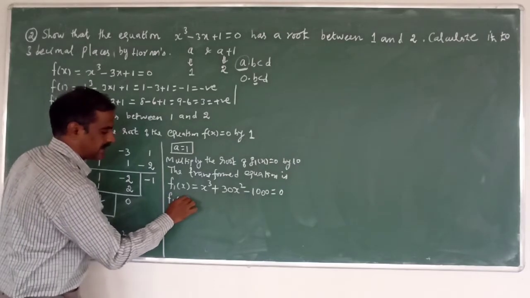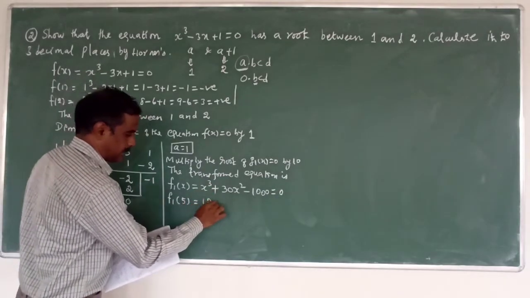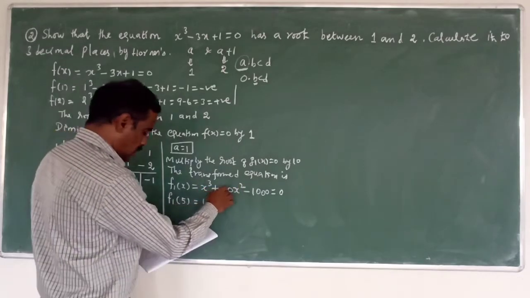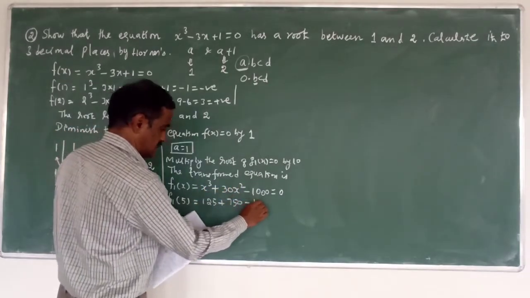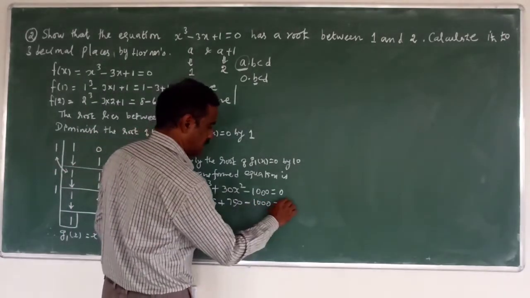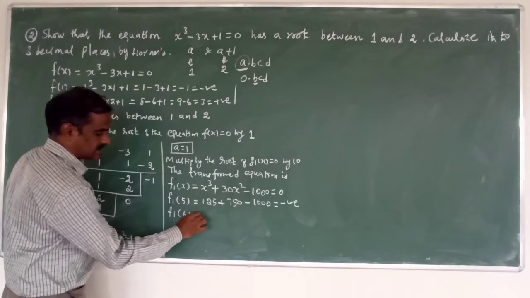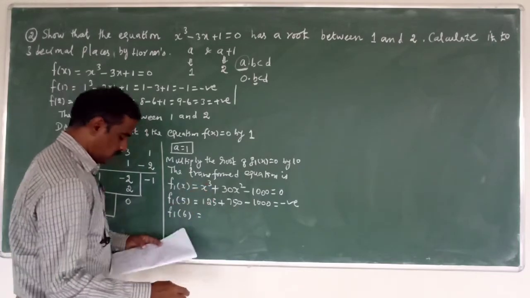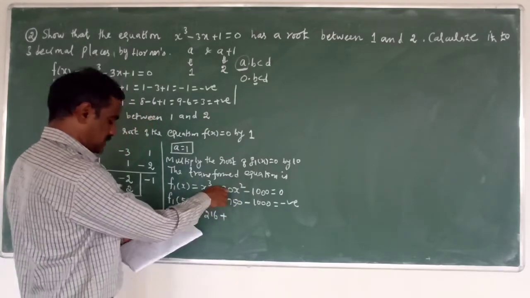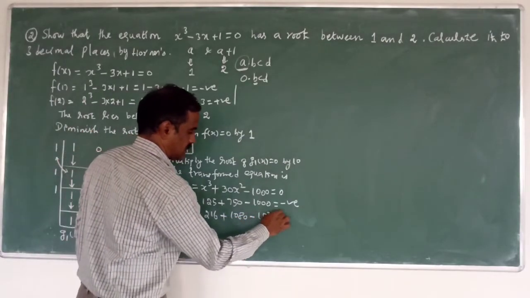Now f of 5 equal to, here 5 cube means 125 plus 5 square, 25 into 30, we can get the result 755 minus 1000 equal to a negative result. Next f of 6,